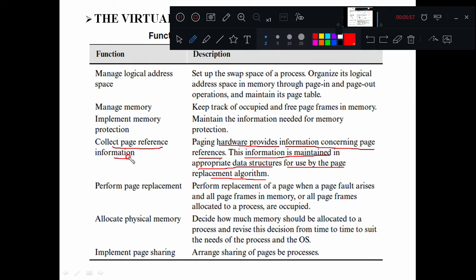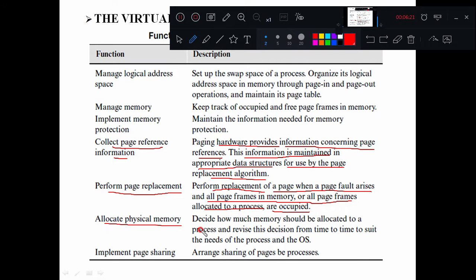It collects page reference information. Then it performs page replacement. This we have already discussed in the last class, in the block diagram of the page replacement technique. It performs replacement of a page when a page fault arises and all page frames in memory, or all page frames allocated to a process, are occupied.